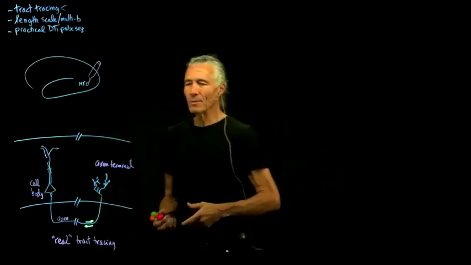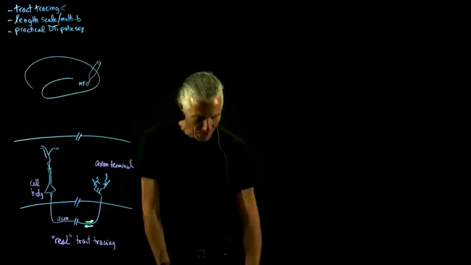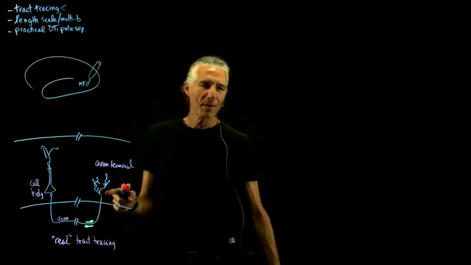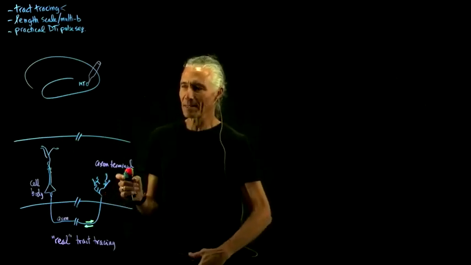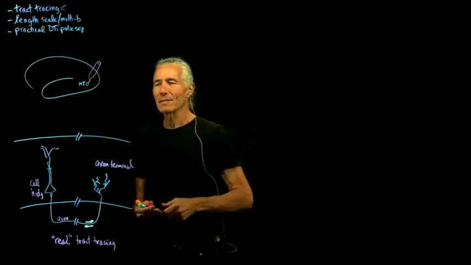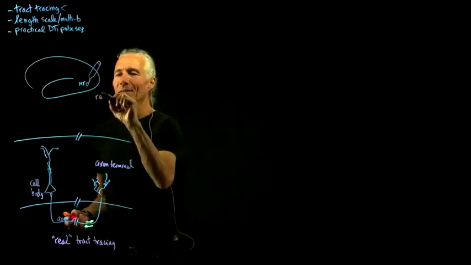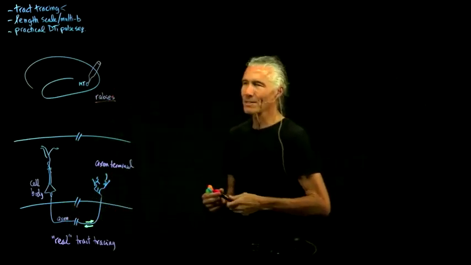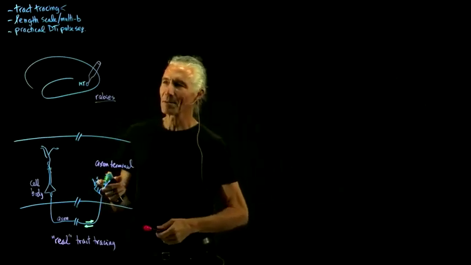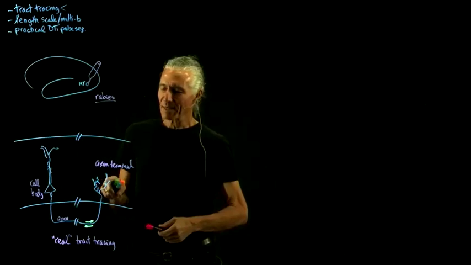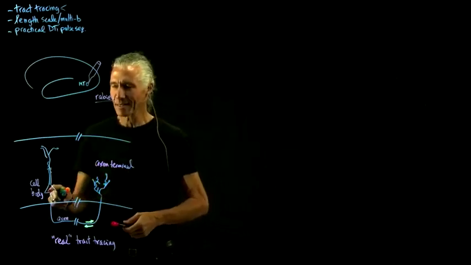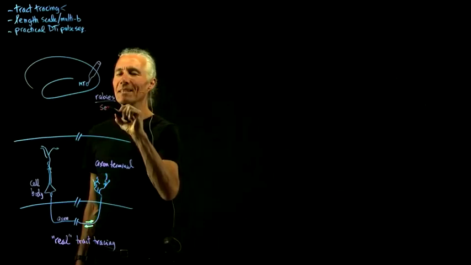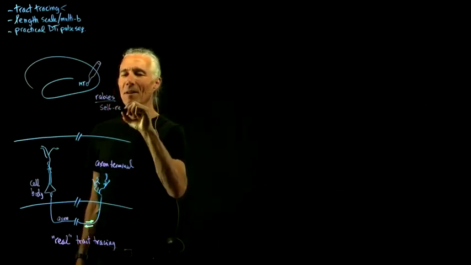And there's a number of very cool, slightly dystopian methods of doing more advanced tract tracing that involve viruses. So if you look at something like rabies virus, it's a neurotropic virus. It likes to get into neurons. And so what you can do with rabies virus, you can inject some rabies virus over here, and then what will happen is it gets into the neurons, gets down to the cell body, and then when it gets to the cell body, it's a self-reproducing tracer. So once it gets to the cell body, it makes more rabies virus,